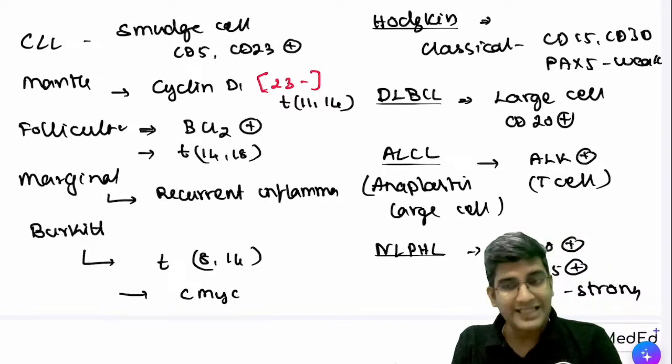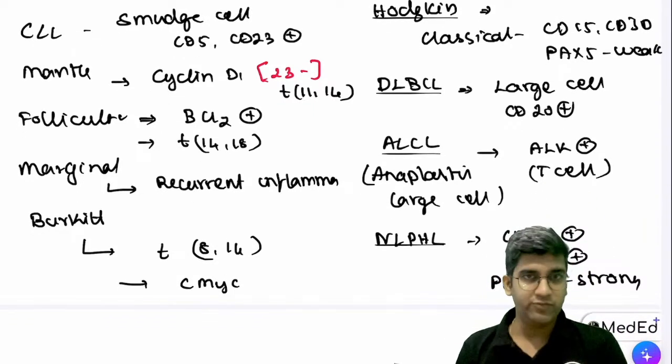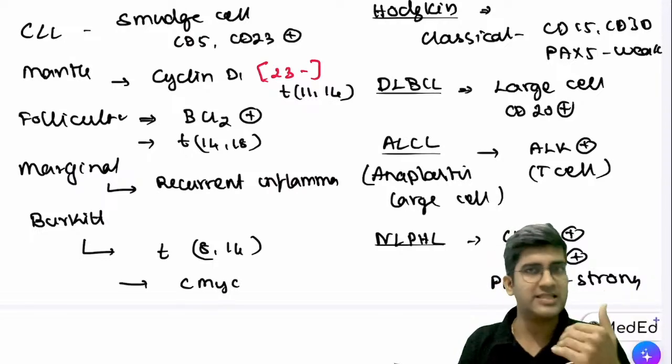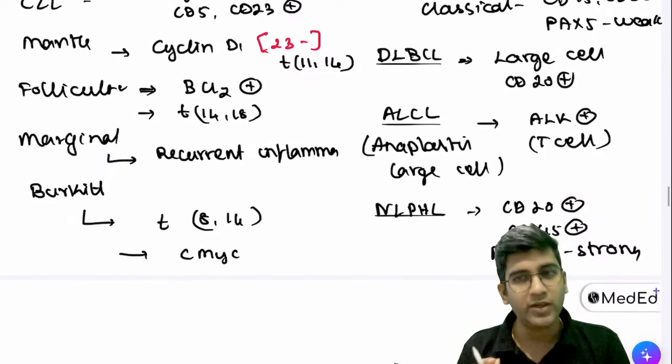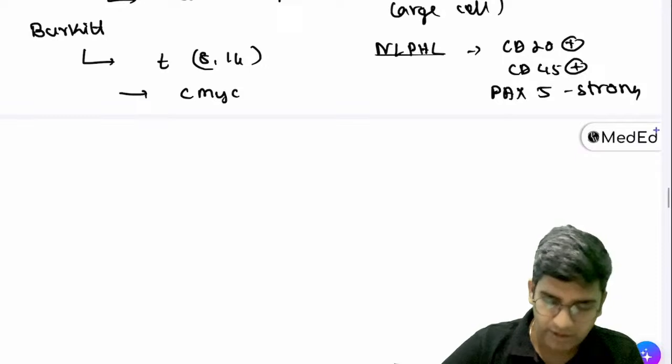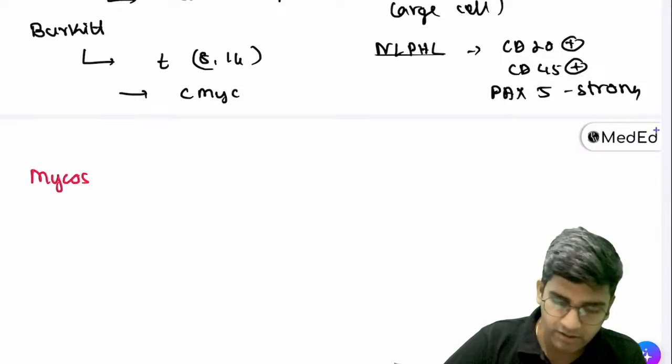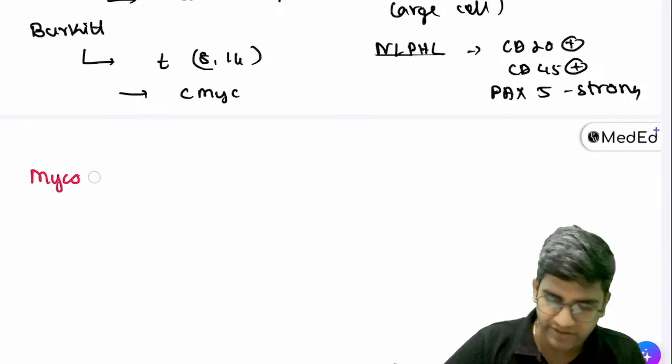Okay, so these are classical markers in the commonly asked lymphomas. Most of these lymphomas have come in an exam till now, right? Let's go and have a look at a few rare things also. This might not be primarily topics in pathology, but I'm sure you must have read this, right?